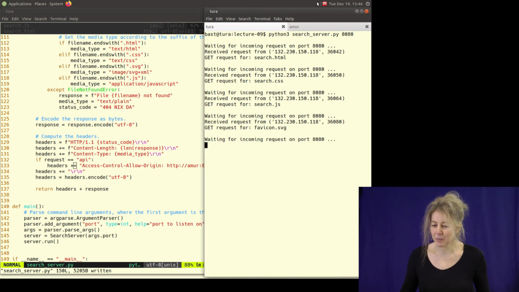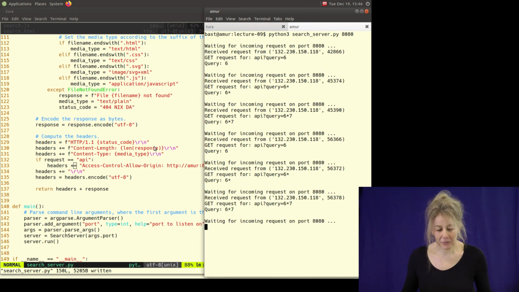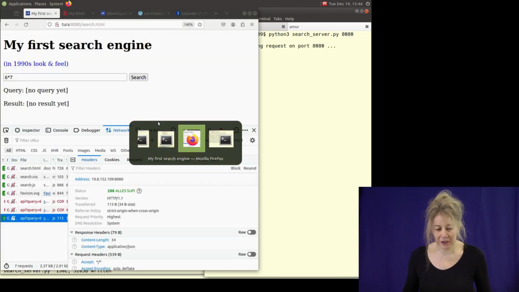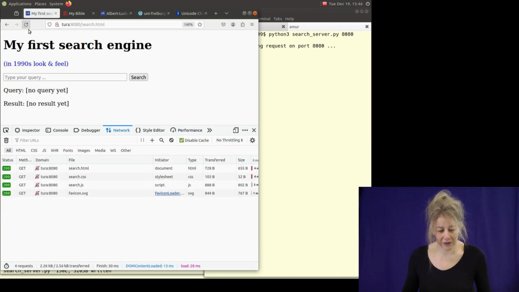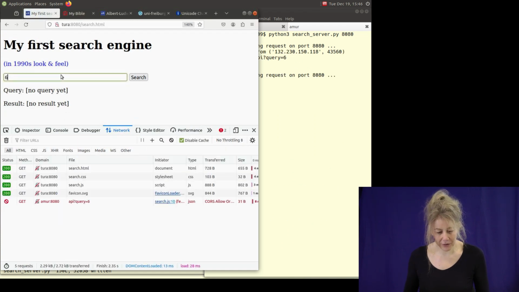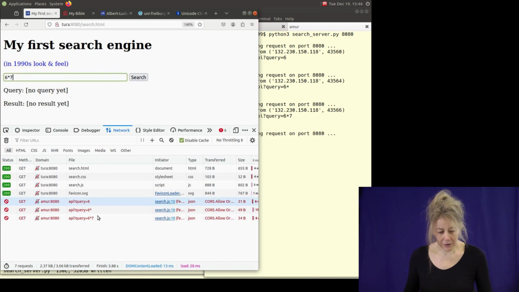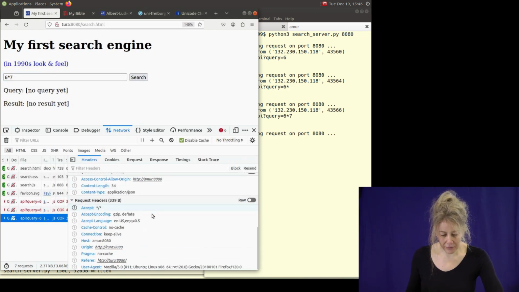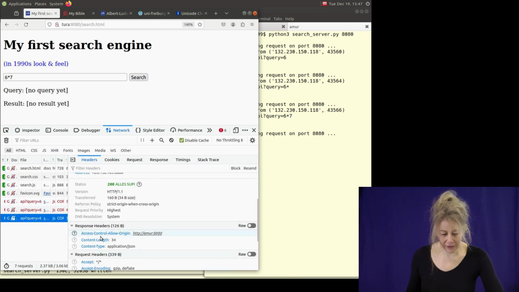So let me restart the server on Armour, and this should not change anything, but at least I should see the header now, right? And then it says here, access control allow origin armor. Okay. Now armor is saying it's okay if armor uses my result,